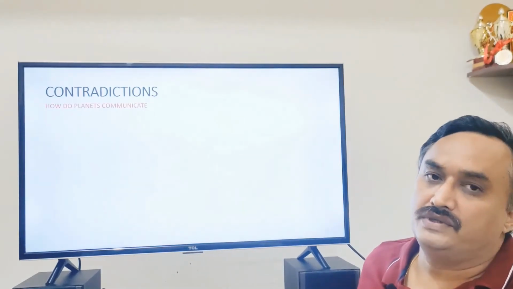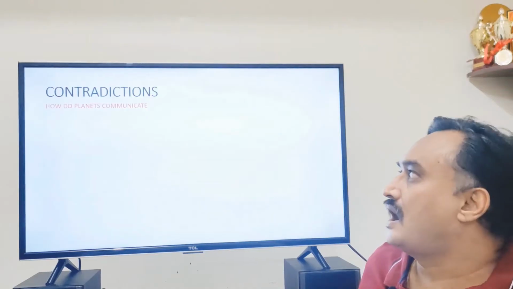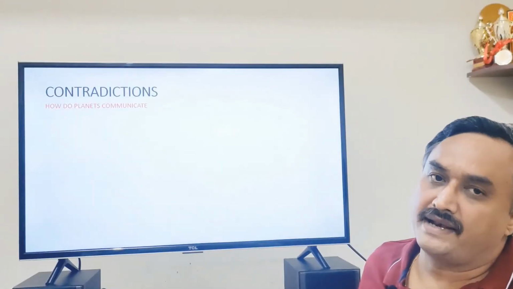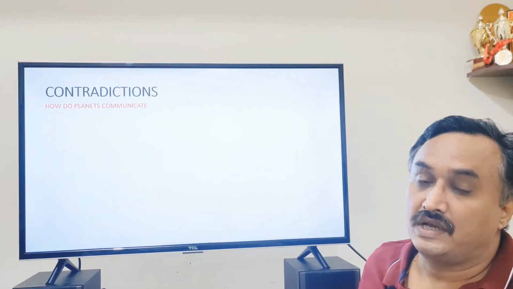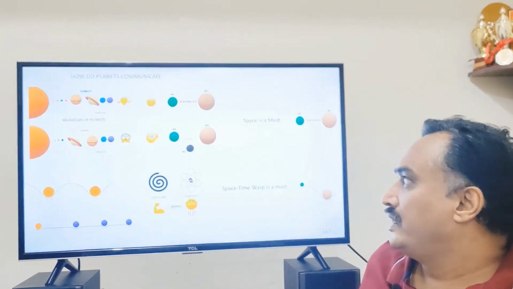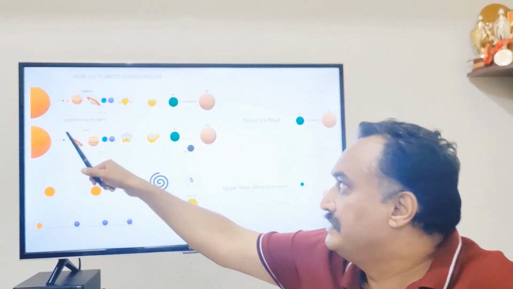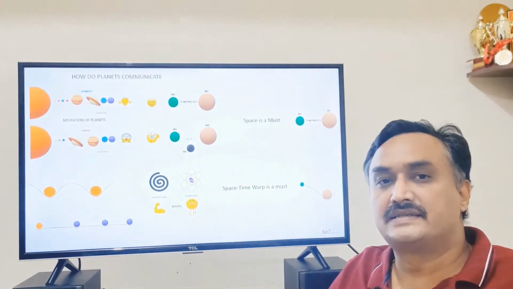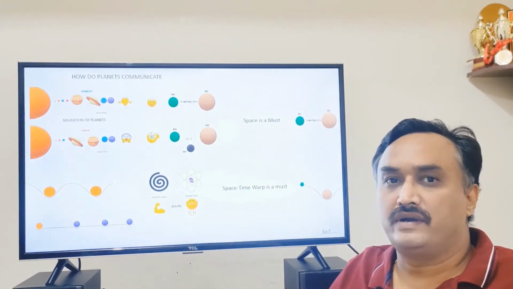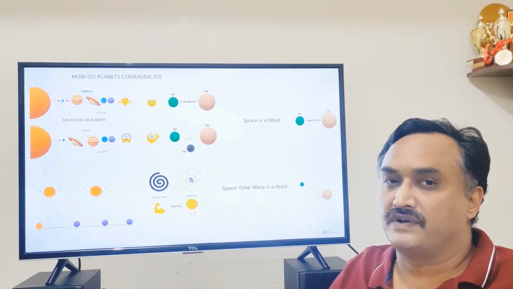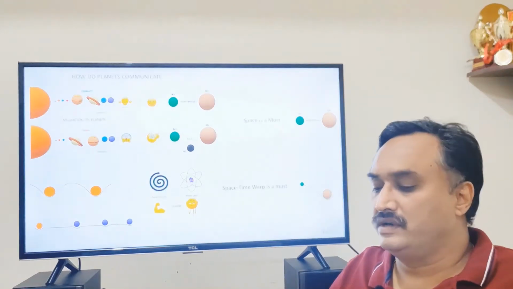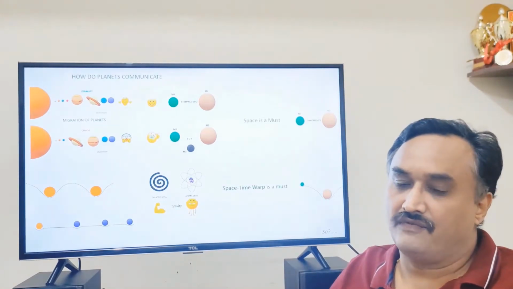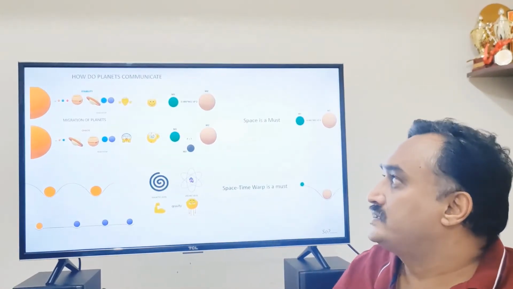Now coming to the next contradiction, which is how do planets communicate? It is strange to say that the planets communicate with each other, but they do. This is a very stable system. As we see, we have our own sun and its 8 planets going around it, and there is not much of a difference between the distance that is there or for that matter mass. It's a very stable